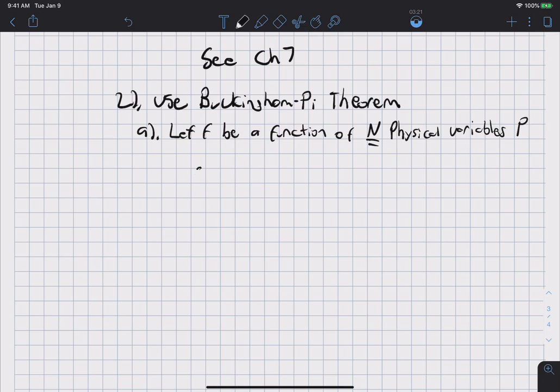Okay, and we're going to define this f of the first physical variable, the second physical variable, all the way to the nth physical variable to be equal to 0. So we need to define our function if we're going to use this Buckingham Pi theorem to learn how to achieve similarity. We need to arrange our quantity of interest to be inside of a function that is set equal to 0. So in our drag example,